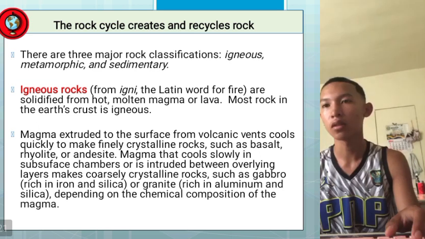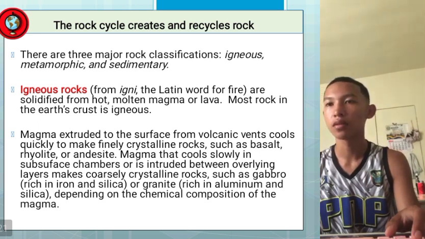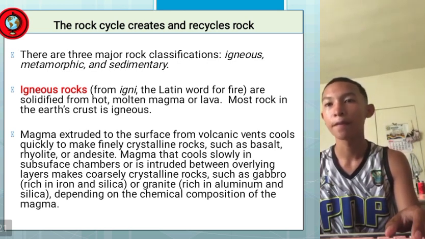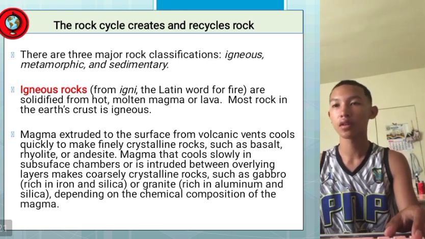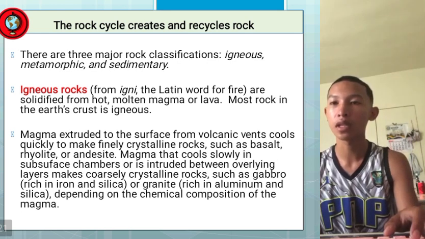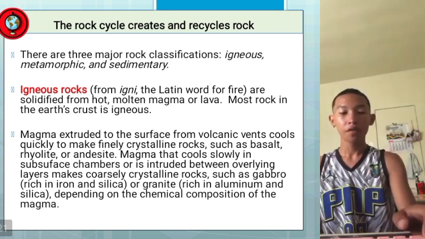Magma that cools slowly in surface chambers or intruded between overlaying layers makes coarsely crystalline rocks such as gabbro, rich in iron and silica, or granite, rich in aluminum and silica,